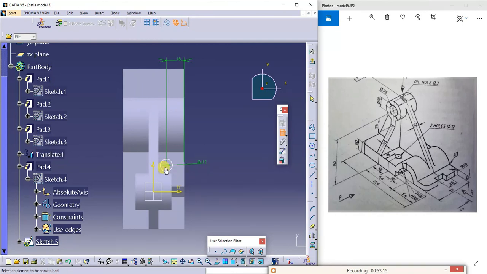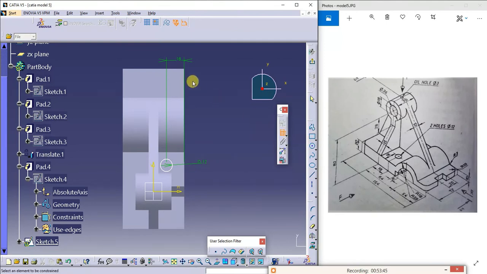Next one is from here to here it is 18. Now again from this edge, it is from the center to this, is from this plane to this is 18 he has given. So nothing but from here it is how much, from this edge to the hole center is 64 plus 54 minus of 18, that is the distance.